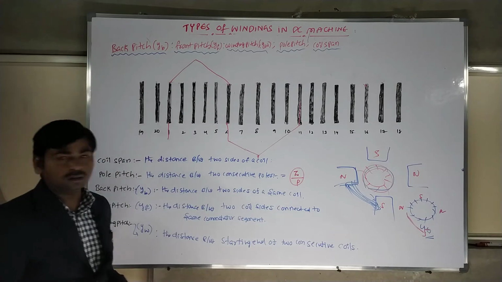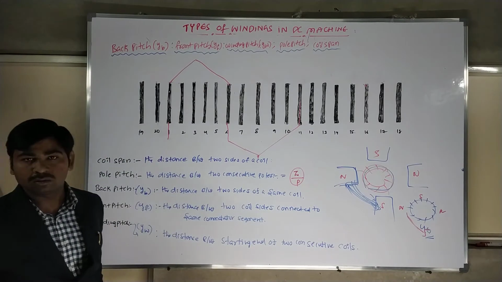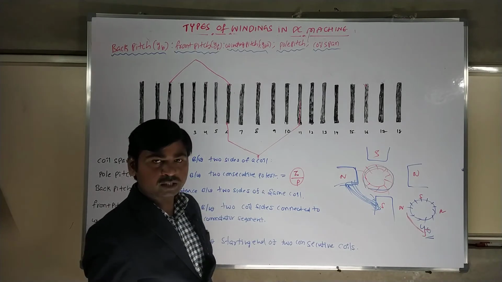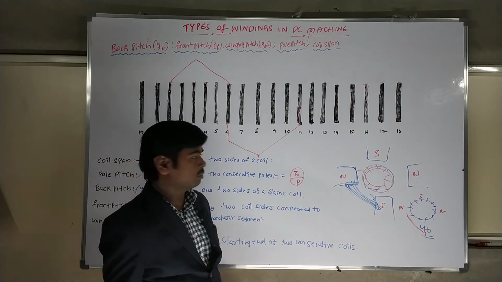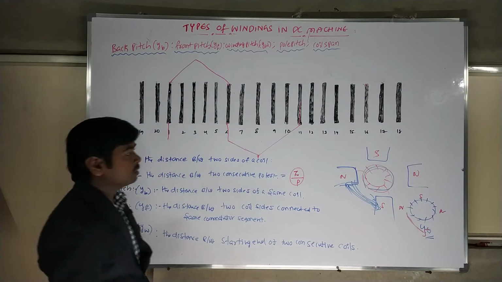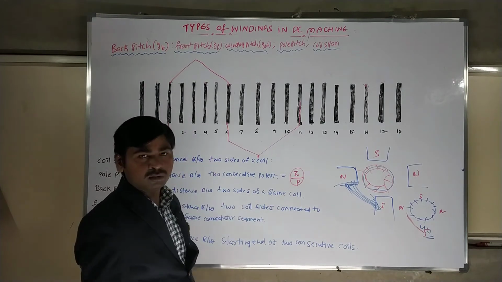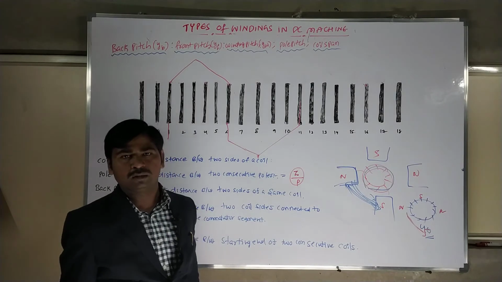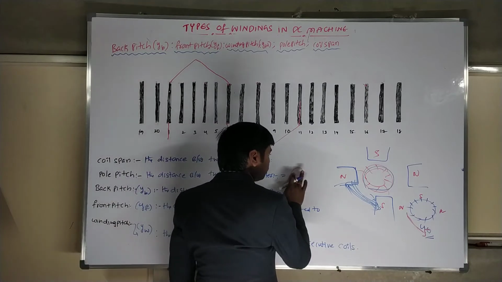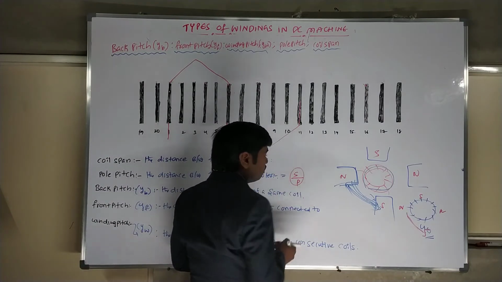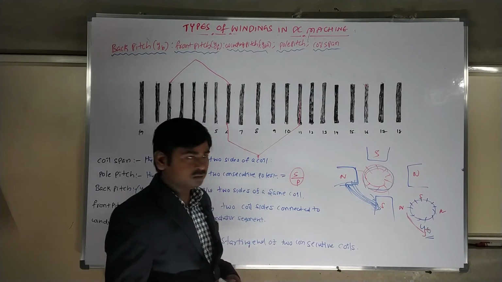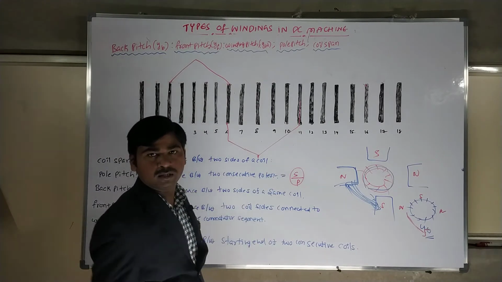The number of conductors divided by the number of poles gives the pole pitch. For a 4-pole machine, divide by 4. For 6 poles, divide by 6. For a 2-pole machine, divide by 2. You are going to get the pole pitch. The pole pitch can be represented as a number of slots or a number of conductors, according to your convenience. Slots is best, in my suggestion. So we can go for number of slots by number of poles rather than number of conductors by poles, because with double layer and single layer you might have confusion. It is better to go for slots per pole, the perfect answer.